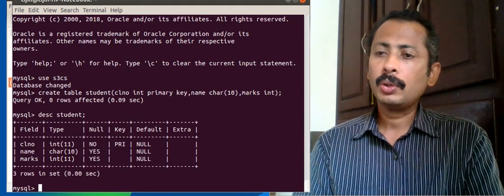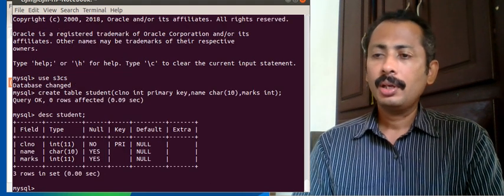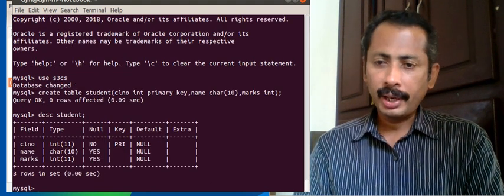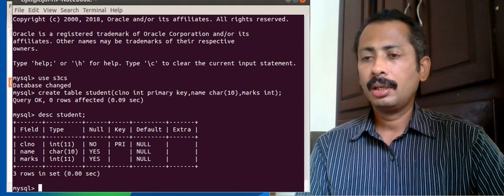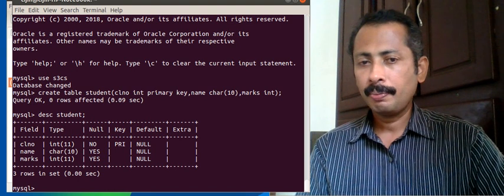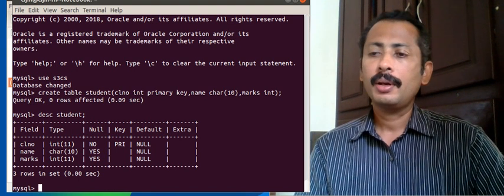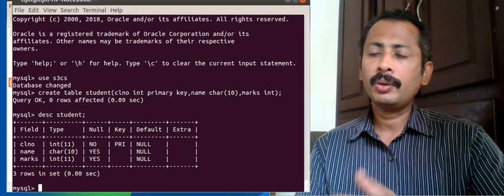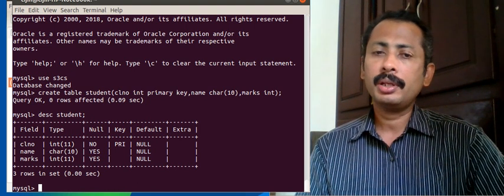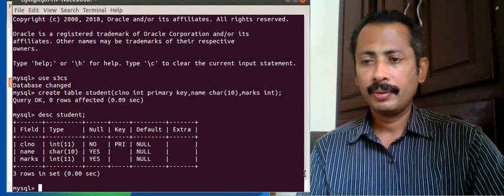So it will show class number as integer type, and in the key column you can note that it is PRI, that is primary key. So we can insert only unique values in the class number field.